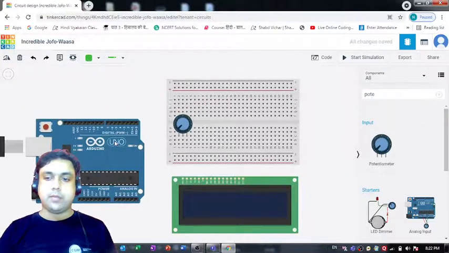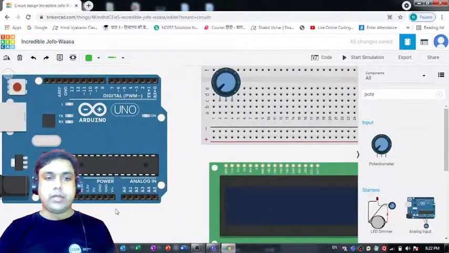Now let's begin with connecting all of them together so as to create a complete virtual circuit. So the first thing that I would like to start with is, let's first connect this Arduino Uno R3 board with this breadboard. So we know the process.